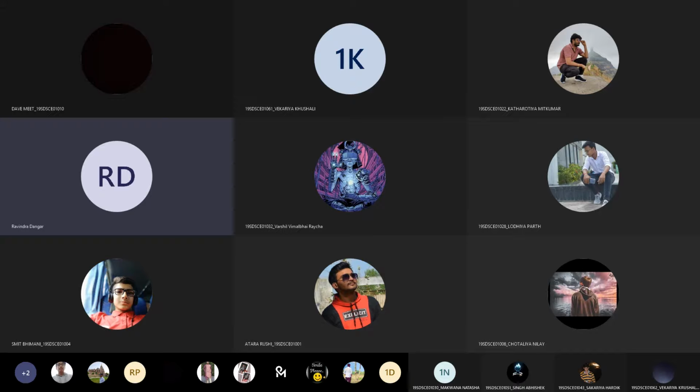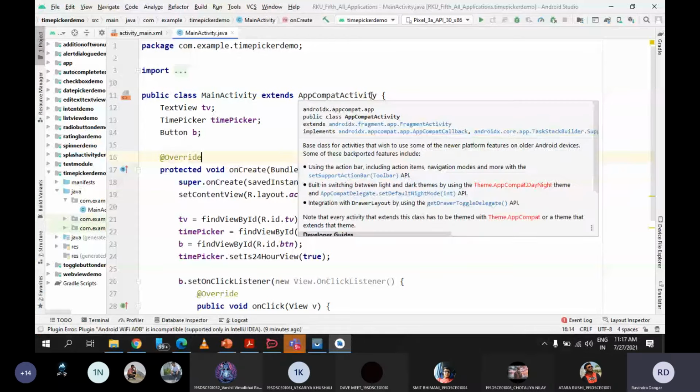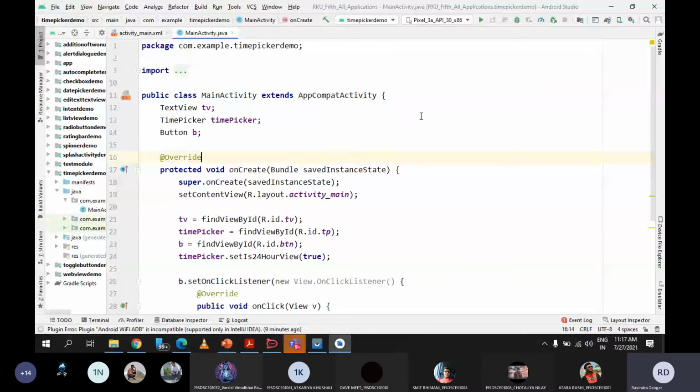Yes. So using intent, so far we have switched from one activity to another activity. And at that time I was telling that there are two types of intent. One is implicit and the other one is explicit. If we talk about implicit intent, then in that case, we can handle all the inbuilt activities.